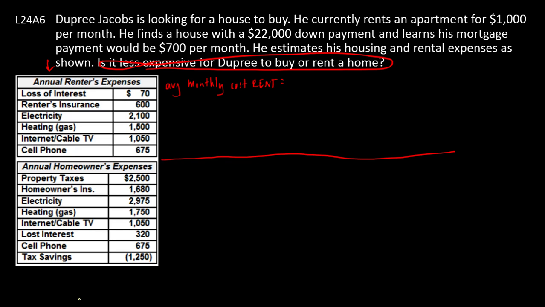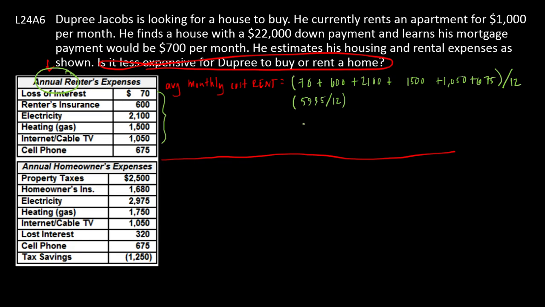So here's what I'm going to do. I have all of these annual costs. I'm going to convert them into monthly expenses. So I'm going to do that by taking the total. So I've got $700, $600 for insurance, $2,100 for electricity, $1,500 for heating, $1,050, and $675. So if I take that sum and divide by 12, that's going to give me the average monthly costs of these expenses. So the total here comes out to $5,995. I'll divide it by 12. $5,995 divided by 12 comes out to